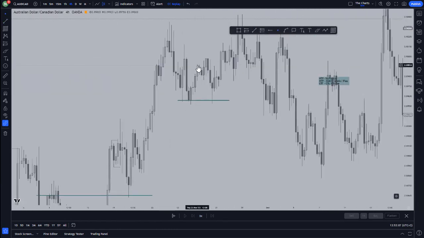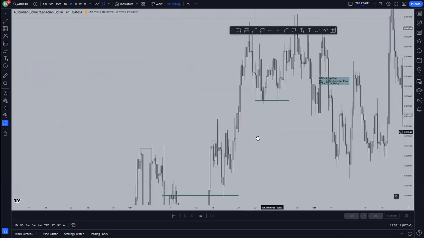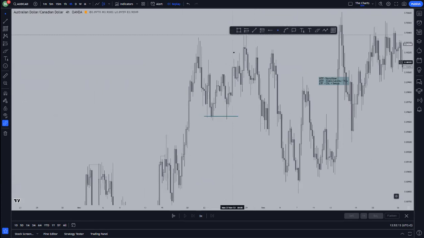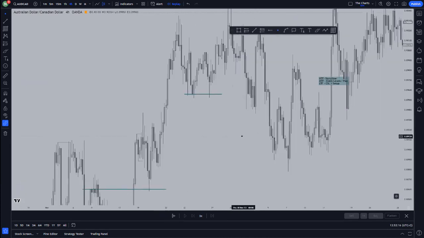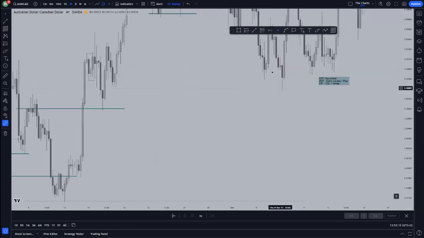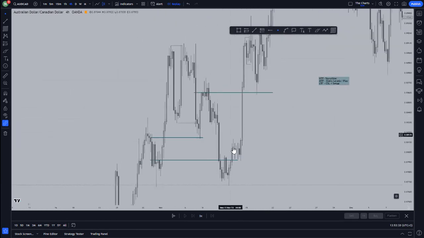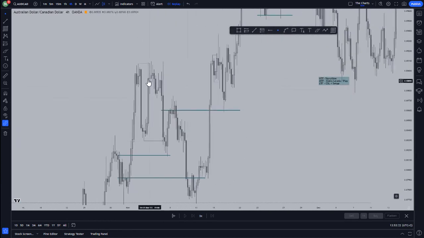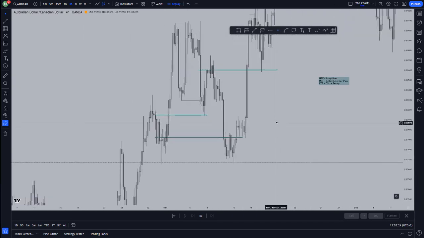Then you see what? Sweep of this high, sweep of this low. So we're looking for buys right here. MSU type 1, we are looking for buys from here going to the upside, reaching for that target. So this lower time frame helps us to filter out this what? These are SNR levels that are not going to give us good reactions.